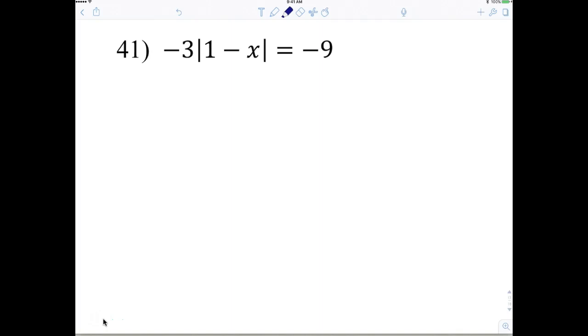All right? So here we go. On 41, if you recall, don't just say it's no solution because it's equal to a negative. What do I have to do? I have to isolate the radical first. So when I isolate the radical first, it's 1 minus x is equal to what? 3. Beautiful. All right. Now listen,